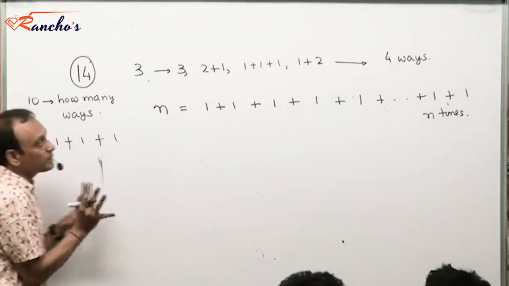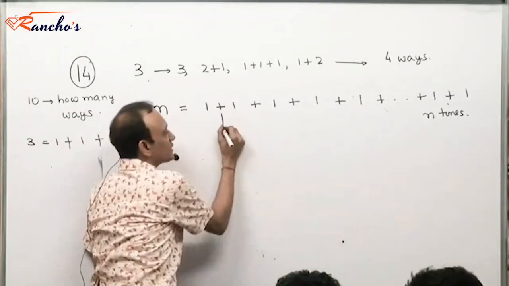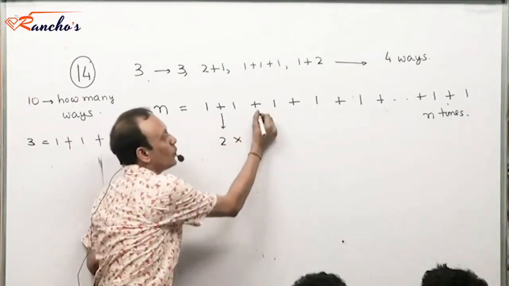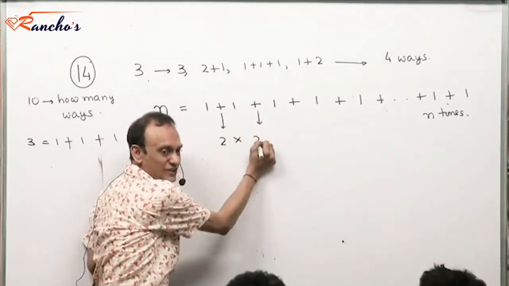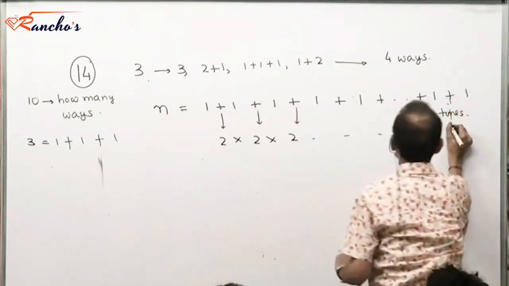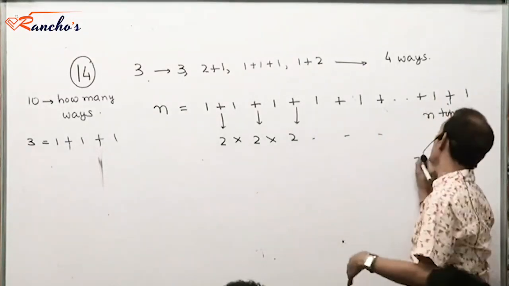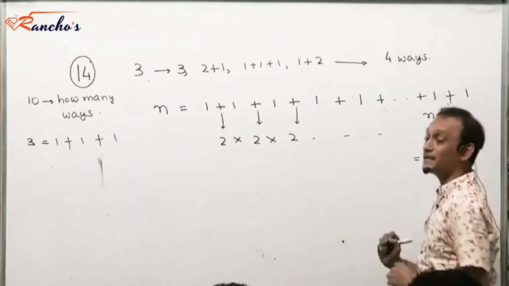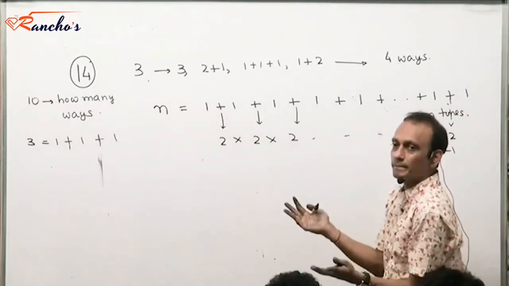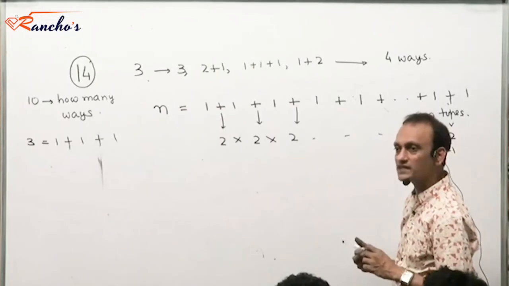All possibilities, right? So then, if I want to partition n, there are two things I could do with this plus, either selected or not selected. Two ways of dealing with each plus. So how many pluses were there? N minus 1 pluses were there. So that makes it 2 to the power n minus 1 partitions that could have been created. If I chose no plus, it will be n. Yes or no?